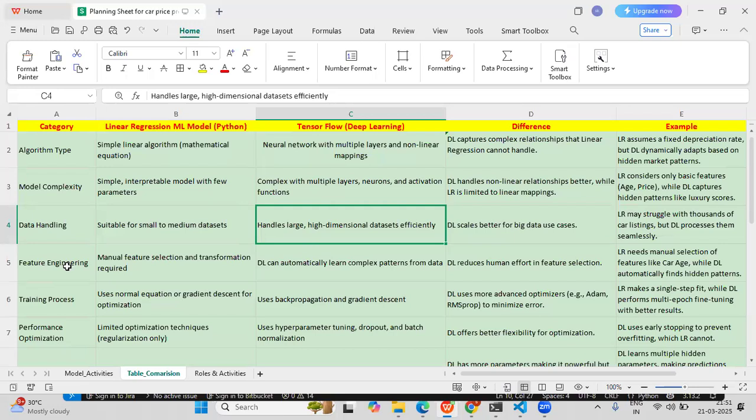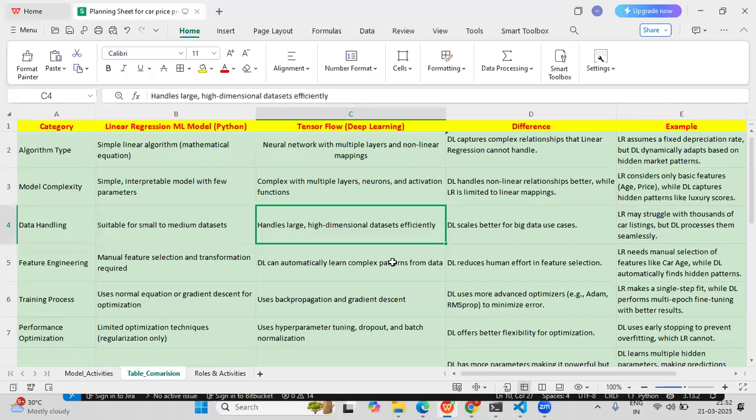Then the training process. In the linear regression ML model, they use the normal equation or gradient descent algorithms for optimization and hyperparameters. But in TensorFlow deep learning, they use backpropagation and gradient descent, and they also use optimizers to improve model performance in the training process.